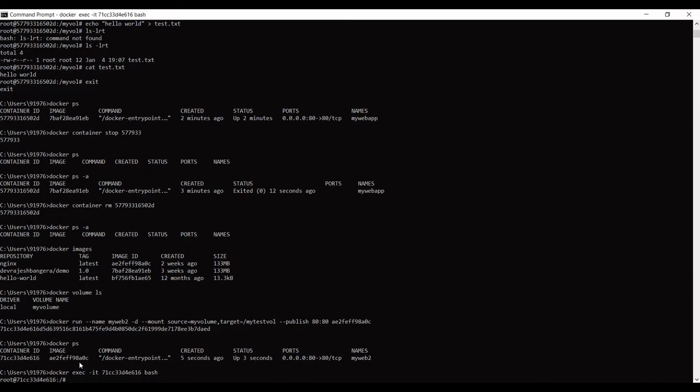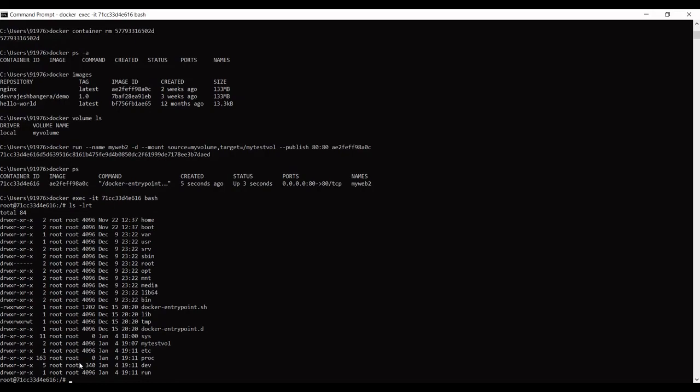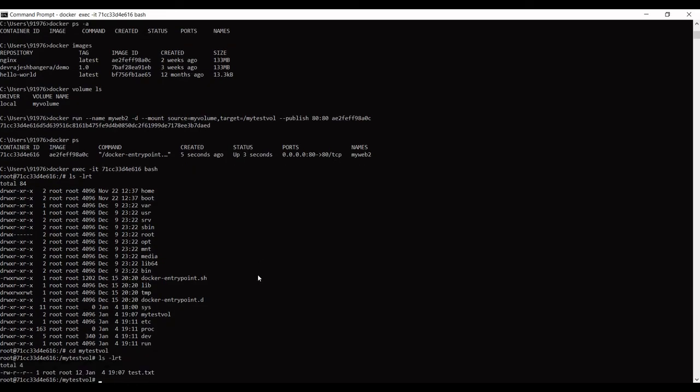So we are within this container. Now I will do ls, and I have this mount here. So here is the test.txt.